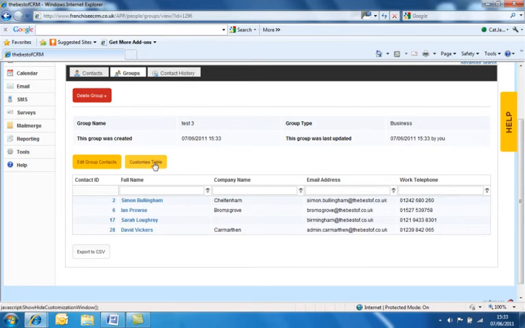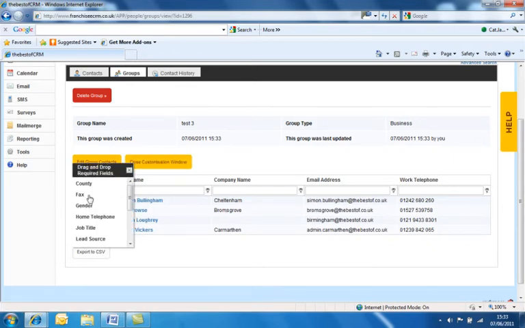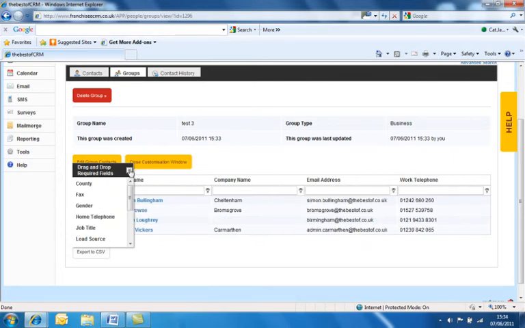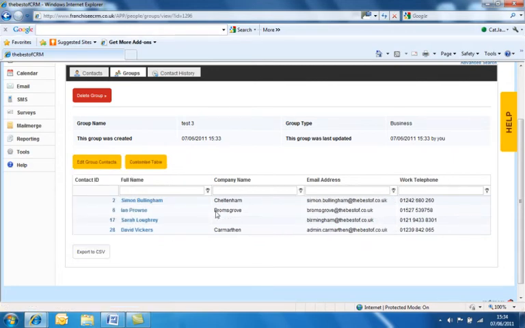If you need to customise the table, you can do. You'll have this drop down menu which you can drag and drop different fields across to the toolbar across the top. And again, if you want to remove those, it's the same, it's just a drag and drop back to that menu. So that is creating a group and adding in a contact. You can also edit the group contacts from this tab,